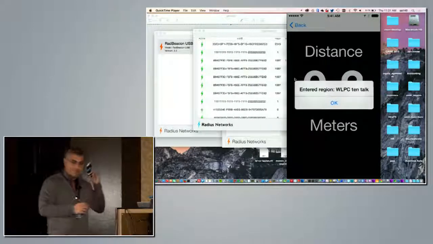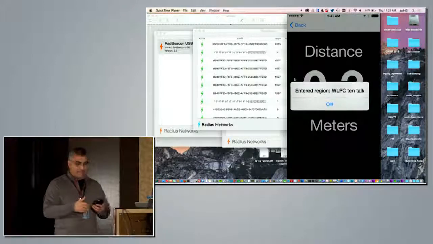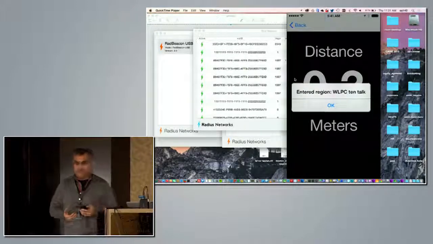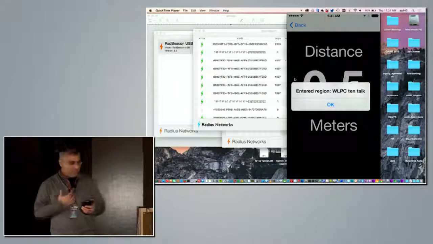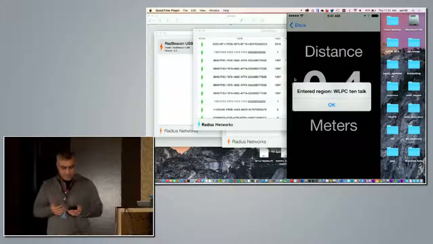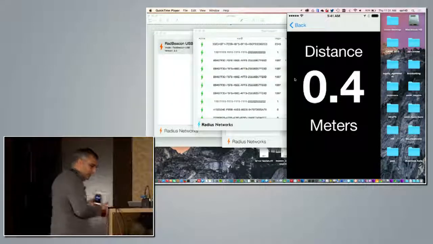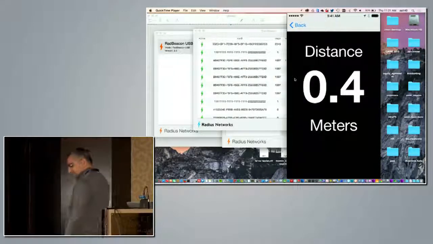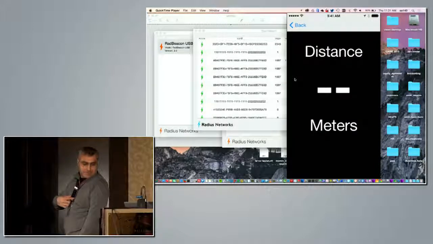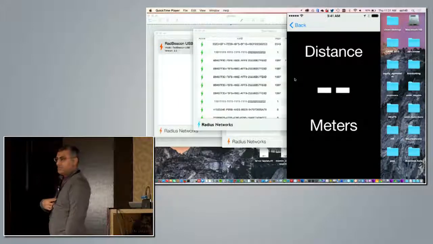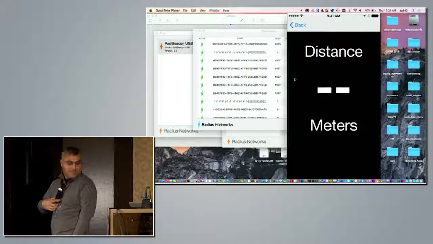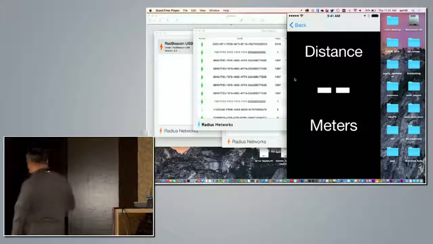But the key is that their calculation for distance is based on some type of free space loss and some loss factor. So we know that all this math really doesn't mean anything, because what if I have the phone between me and the beacon? It should change, right? Let's see if it changes that. Anyway, it should pick it up. I'm not sure why the software is not picking up the distance that fast, but usually it's pretty good about